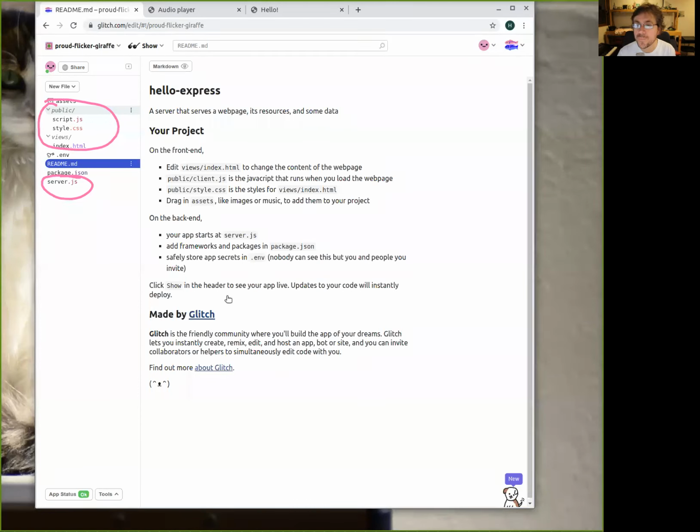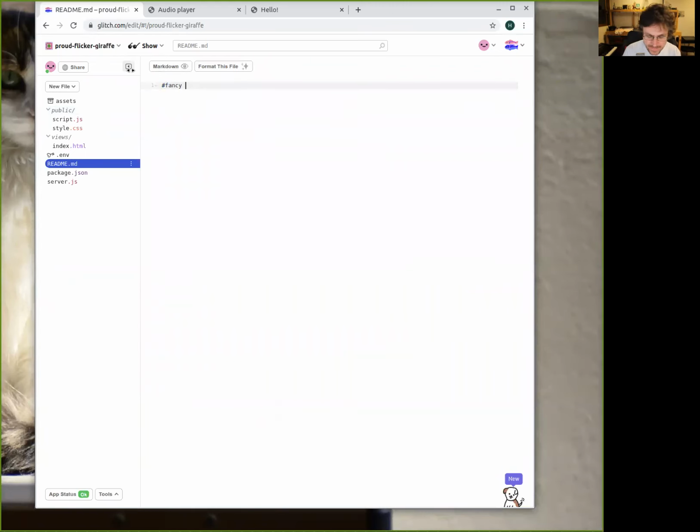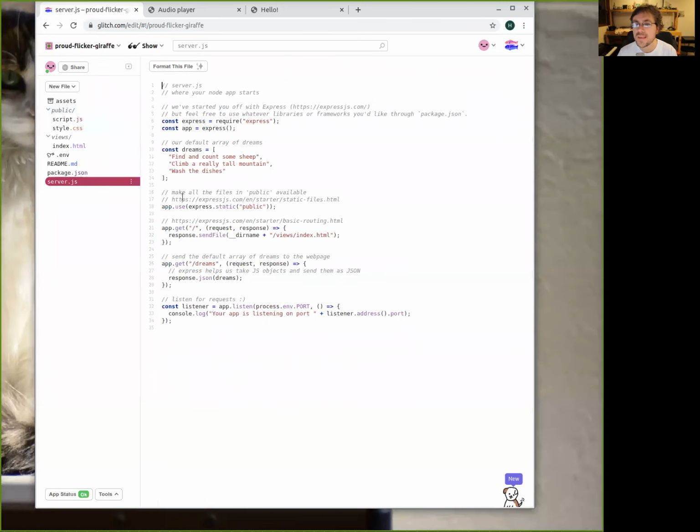Okay. So now that we have this, again, we are going to start to do a couple of things, and this is going to be our fancy Spotify application. Now, if we go to the server, it's going to give you a bunch of things in JavaScript code.